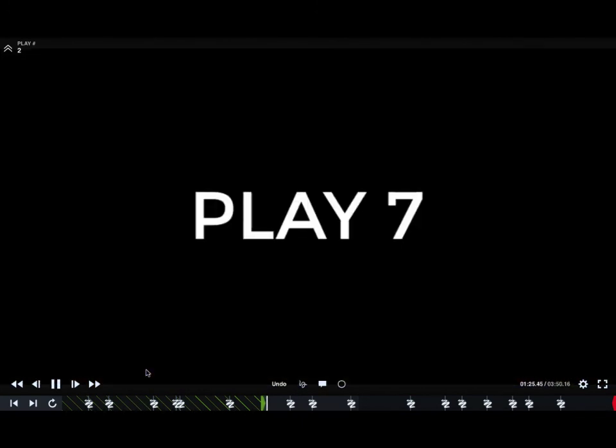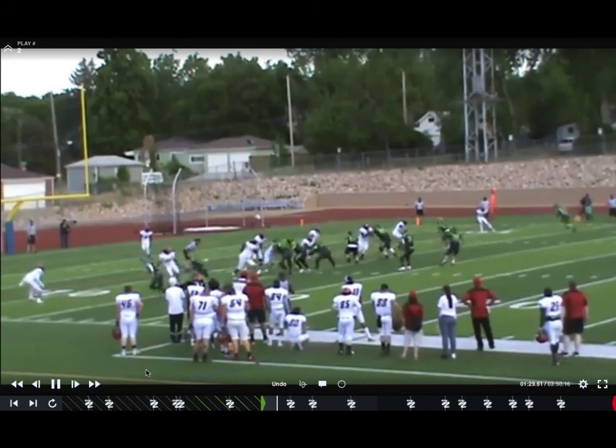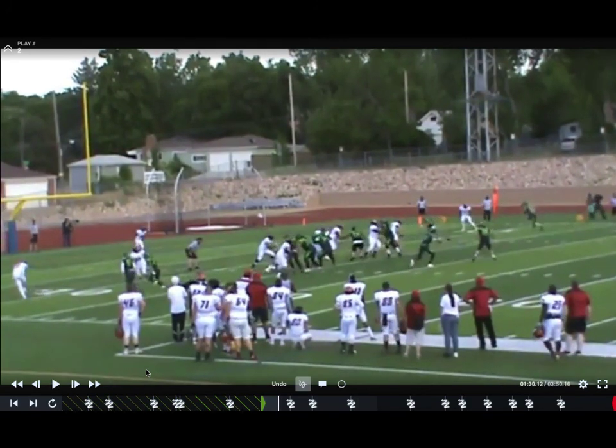Here on play 7 is a runner ruled down, and this is correct judgment by the referee. Remember, a runner is down when anything other than the hand or foot are down on the ground. So if the forearm hits the ground, he is down. Now, with down by contact, obviously he must be touched, and if anything other than the hand or foot, and even then he would be down. I apologize, but if